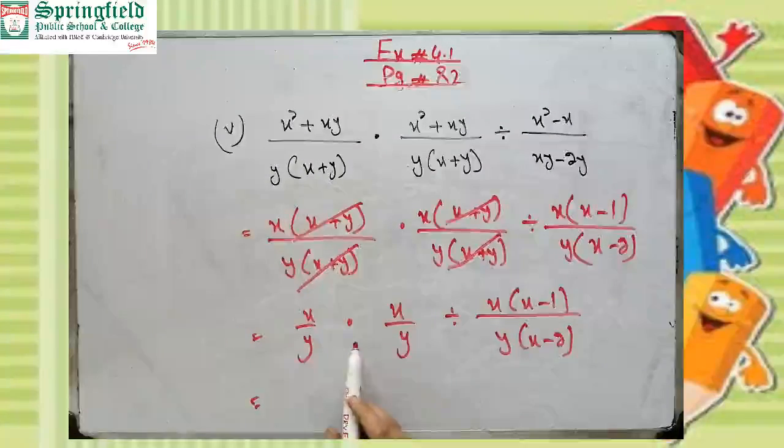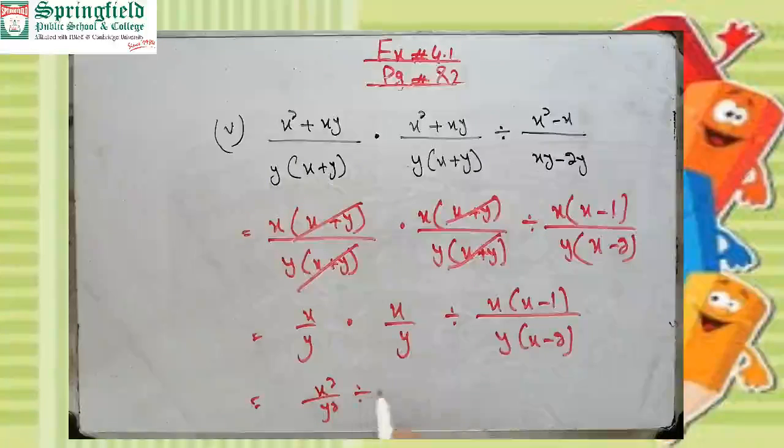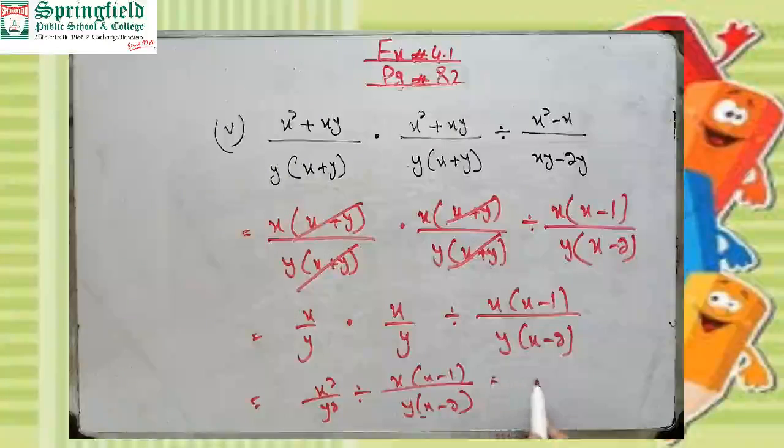Okay, there are division and multiplication in this expression, and as we know, when an expression has both division and multiplication signs, we start from the left side. This side is left and this one is the right. So first we will multiply, giving x square and y square, divided by x times x minus 1, divided by y times x minus 2. Now convert this division into multiplication. What will be the value? The value will be the opposite, and then use the cancellation property and find the answer. Understood, beta? Now it's your task. Complete all the questions in your notebook. Okay.